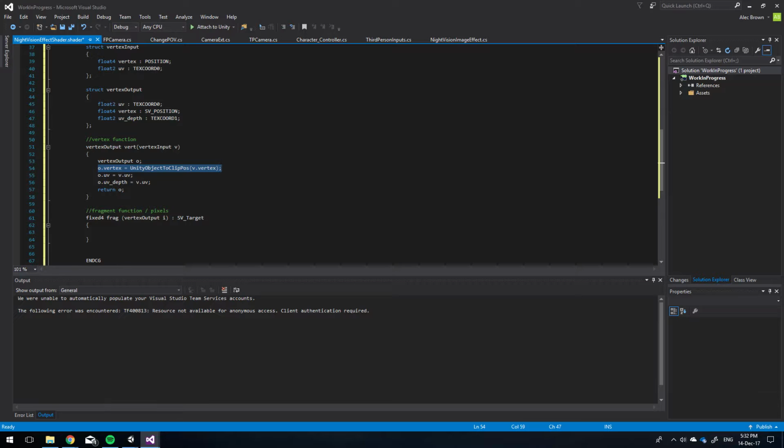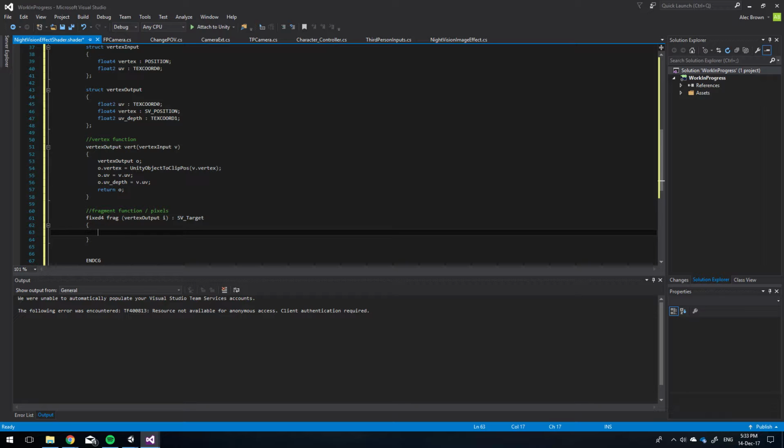The old version in Unity you'll probably see kicking around in other tutorials was the multiply of the UNITY_MATRIX_MVP. If you type that in, it still works. It will just change it and give you a note at the top. But obviously rolling with the changes, this one I think actually makes a little bit more sense in terms of syntax. It reads a little better. And then we're just going to assign our UVs and just return our output,